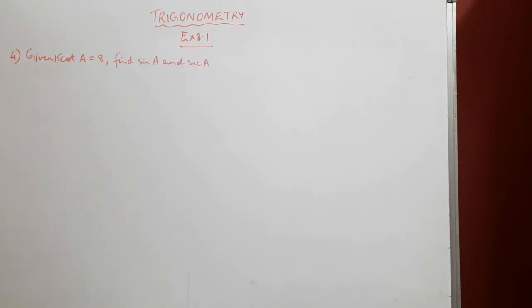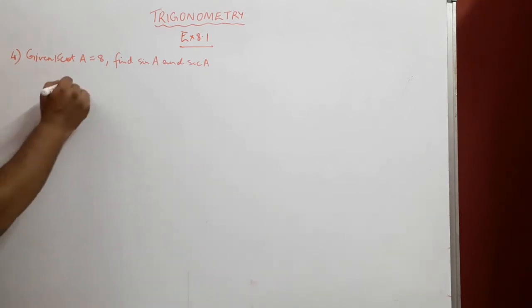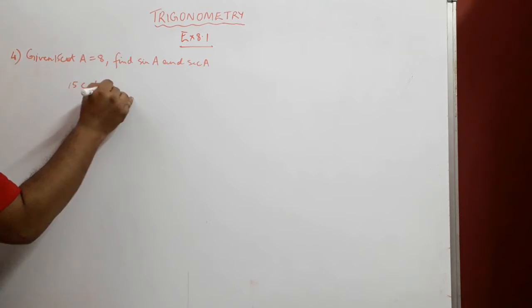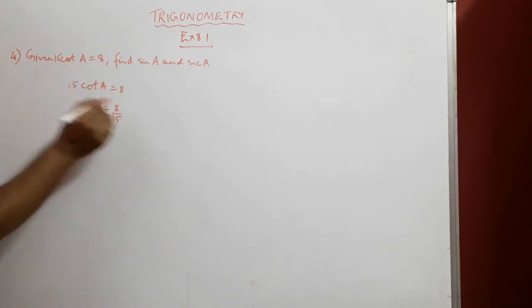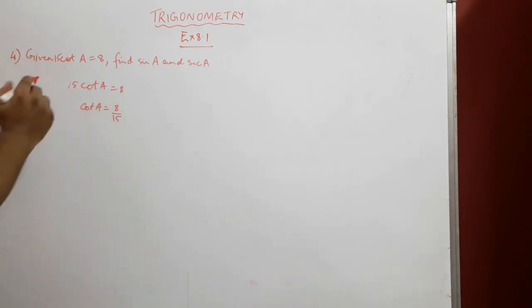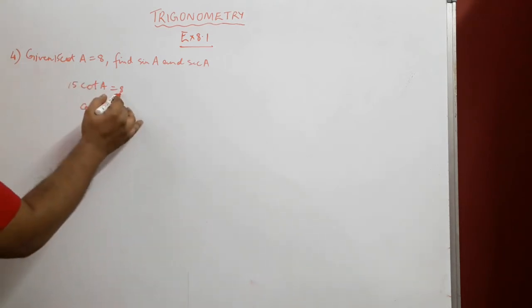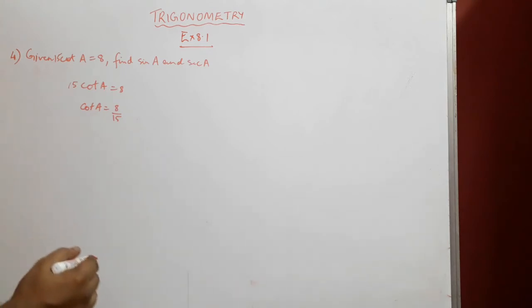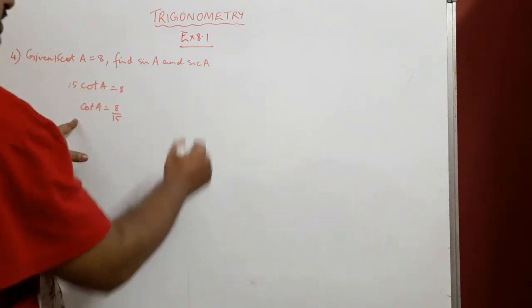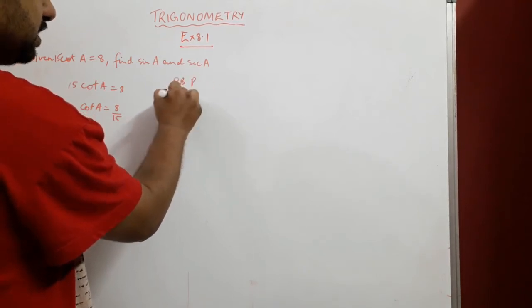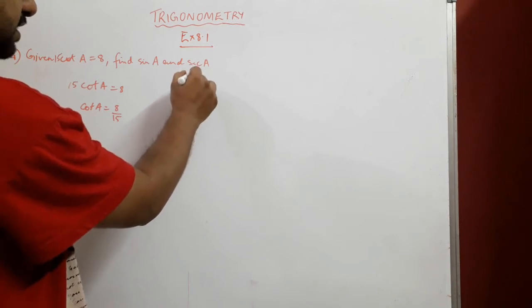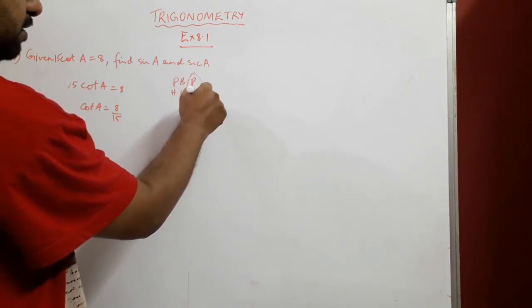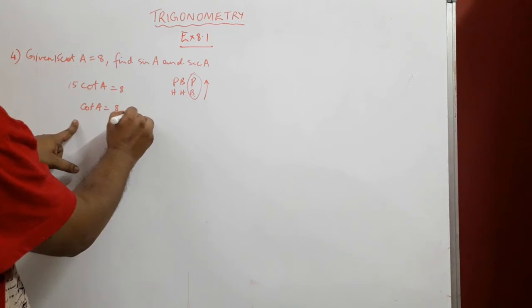Our next problem is given 15 cot A equal to 8, find sin A and sec A. So 15 cot A equal to 8 can be written as cot A equal to 8 upon 15. I am just taking 15, which is multiplied into cot A, down and dividing it by 8. So we get 8 upon 15. Now, tan A is P upon B, so cot A will be B upon P,